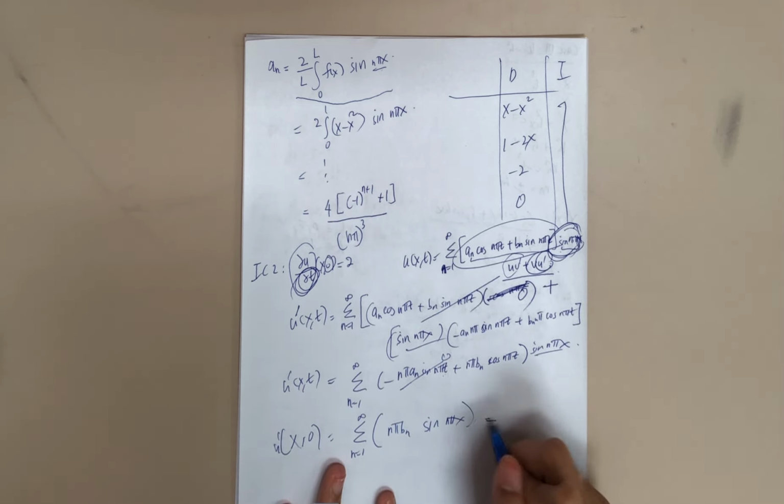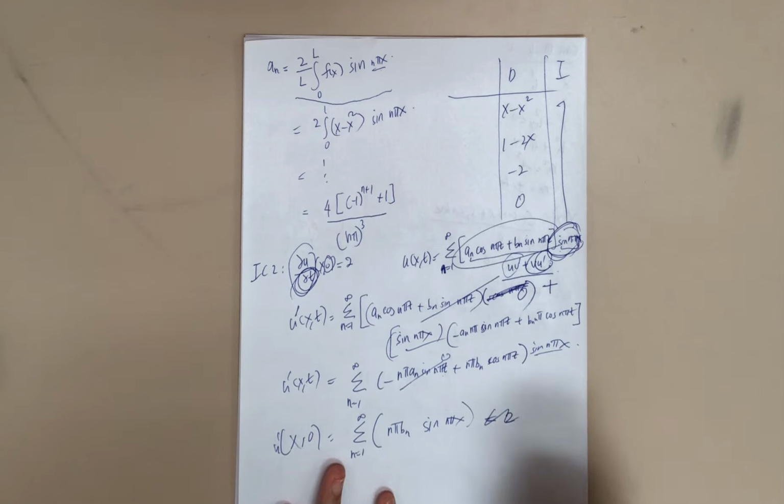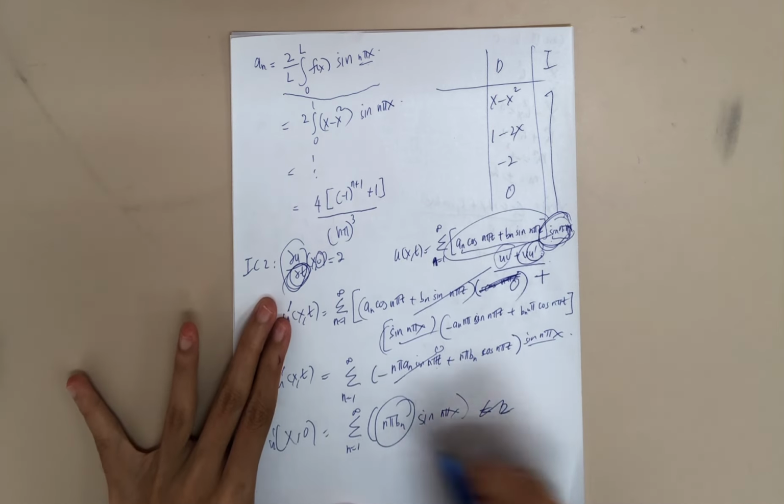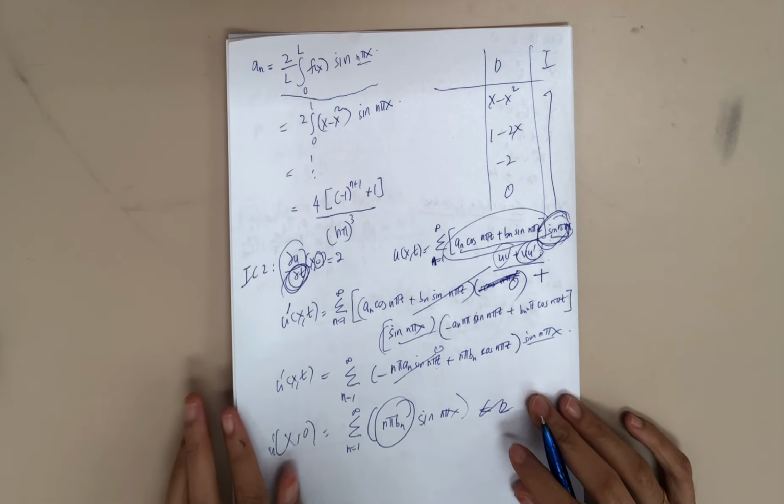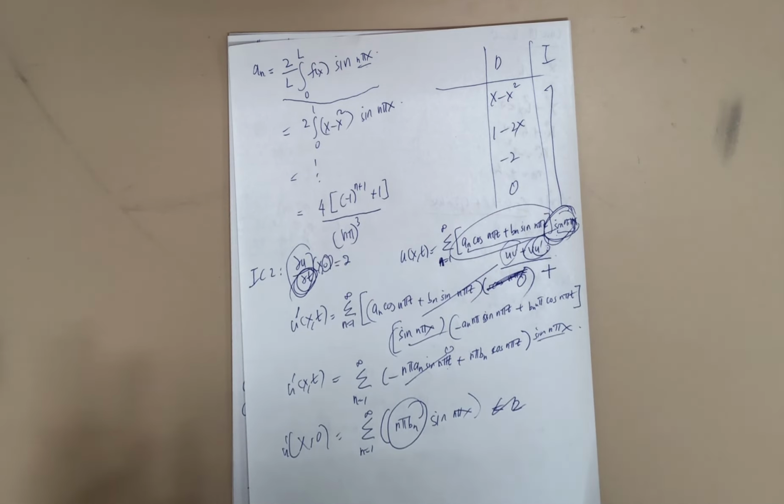Okay, and this equation you will equate to 2, right? But it's okay, we leave it for now. Alright, so now you have this term. You have bn here, together with n pi. Okay, so what we do next is,